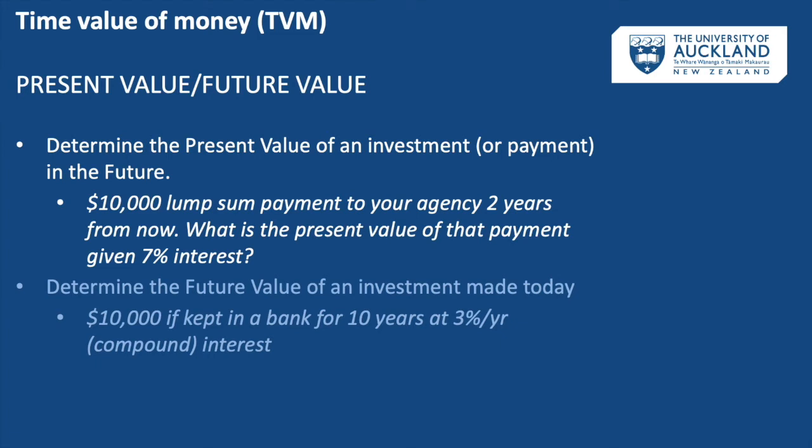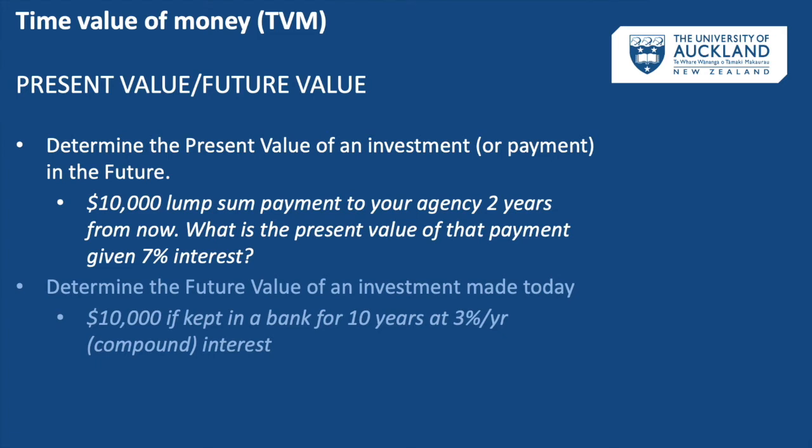We know from the ideas around TVM that past dollars were worth more, or had higher purchasing power, than today's dollars. And in the future, to buy the same amount of stuff we do now with $1, we'll need more than $1 to make that same purchase. So as an example, we might ask a question like, if there's a $10,000 lump sum payment made to your agency